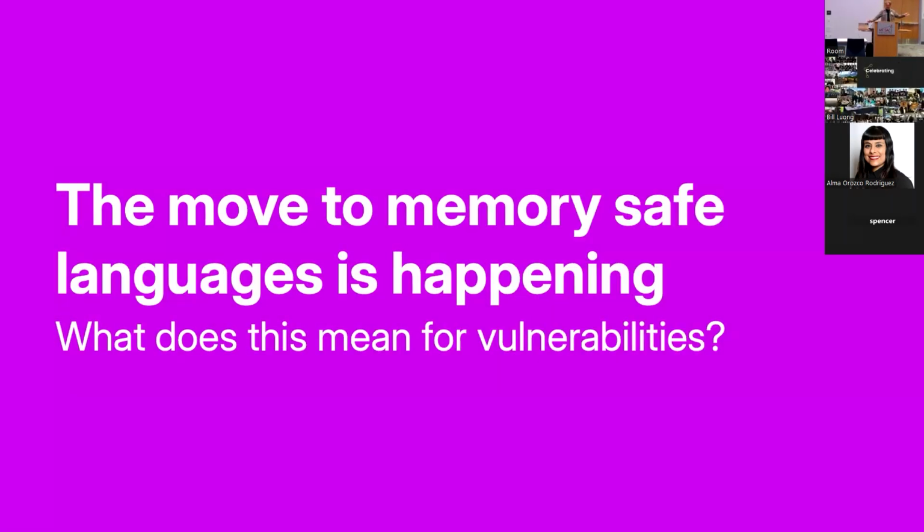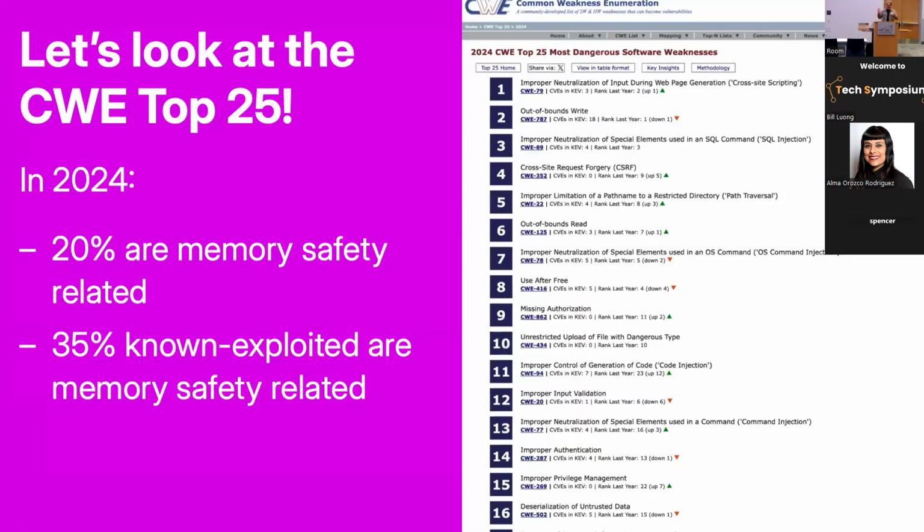So the move to memory safe languages is happening, but what does this mean for the state of vulnerabilities? I mentioned CWE before. Every year they put out a top 25 list. This is where they look at data for the last year of CVEs, which are publicly disclosed vulnerabilities that have had a CWE mapping. So someone has determined what weakness applied to that vulnerability,